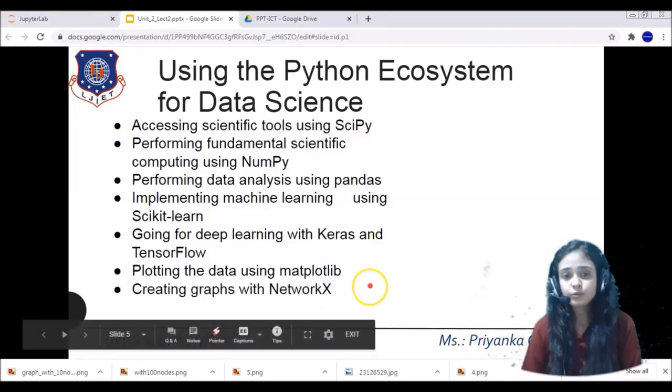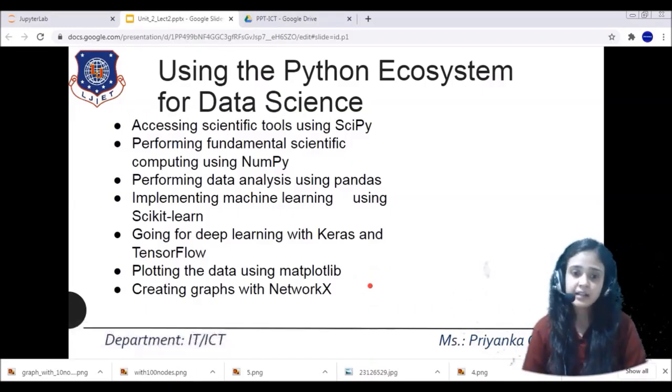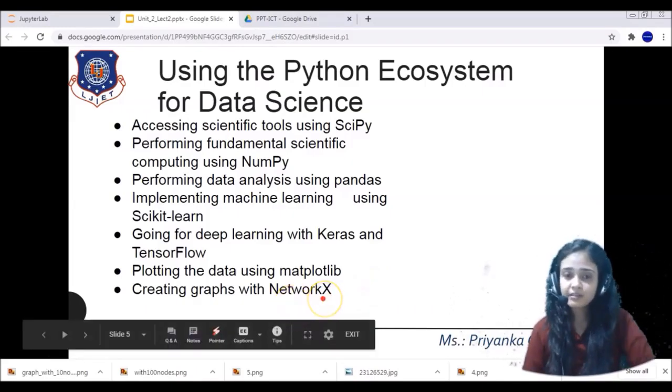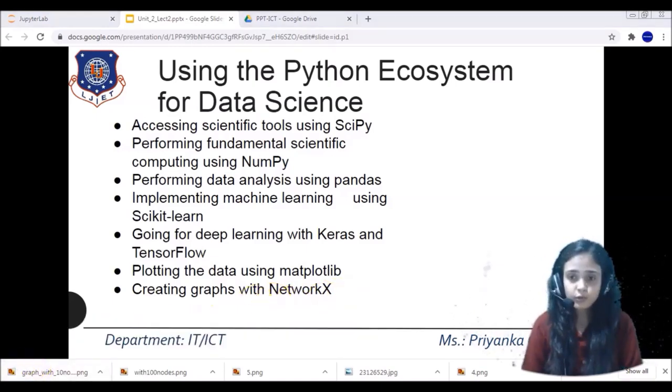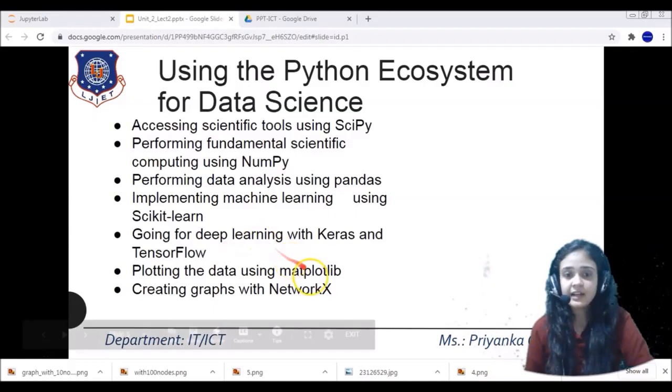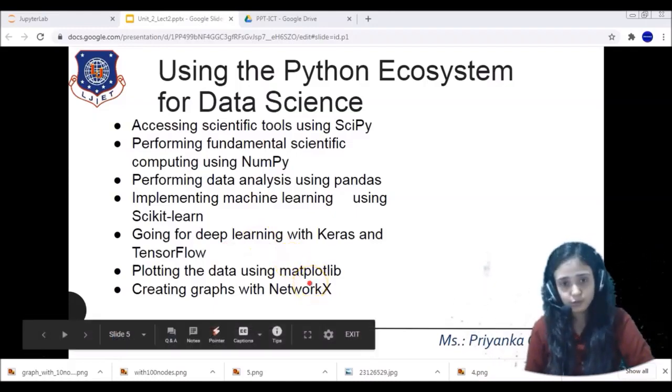When you want to find any type of route, or when you want to deal with any type of network, at that time this particular library, NetworkX, is used. Also, when you have complex network-related data and you want to find routes using GPS through the city streets, at that time the NetworkX library is very useful.